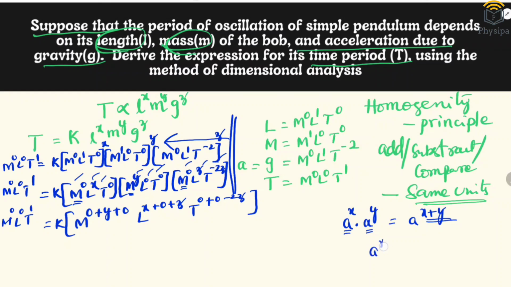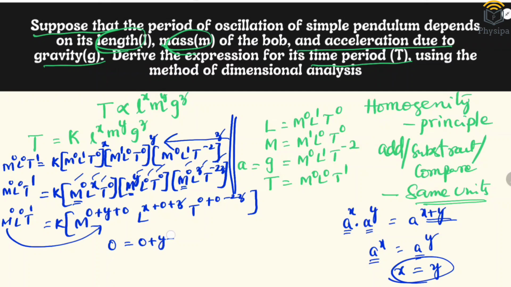We know that if a^x is equal to a^y, here bases are equal, then powers must be equal, x is equal to y. In the same way, for M, bases must be equal, so powers must be equal. So 0 is equal to 0 plus y plus 0, that implies y is equal to 0. Next by comparing L terms, we get 0 is equal to x plus 0 plus z, which implies x is equal to minus z,